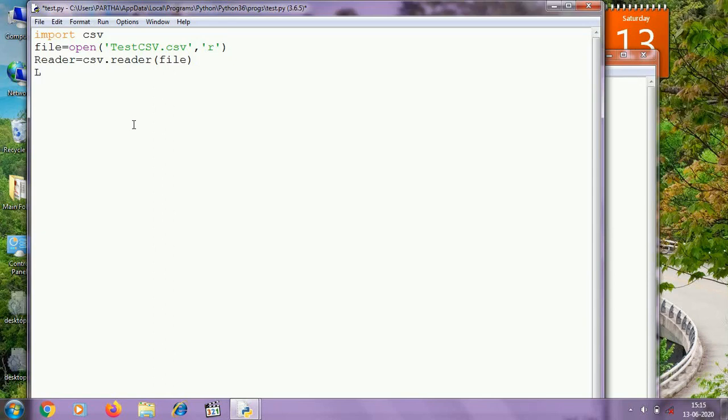For updating, I need an empty list, and I need to collect the roll number from the user, and based on this roll number we are going to search the particular record.